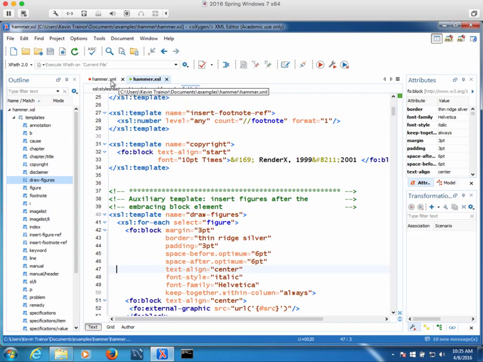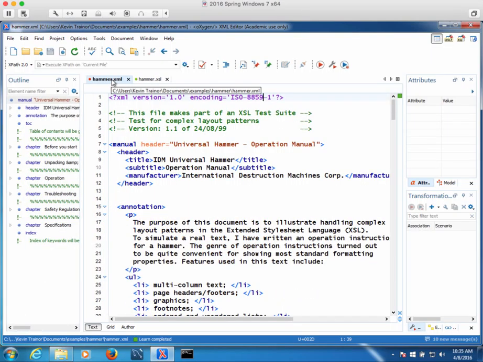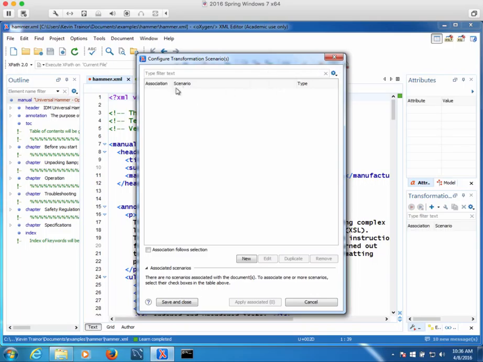So how do we run the transformation? Well, you probably have already had a chance to run an XSL transformation scenario in the Oxygen product, but if you haven't, the way you get started is pick a file. I find it's always easiest to pick the XML content file. So I'm going to be on Hammer. Then I'm going to go up to the lower of the two toolbars, and I'm going to find the red play button. And right to the right of that is a wrench with a little red play, and that's the settings for transformation. So I'm going to click on that wrench,